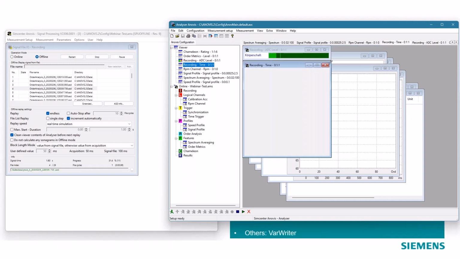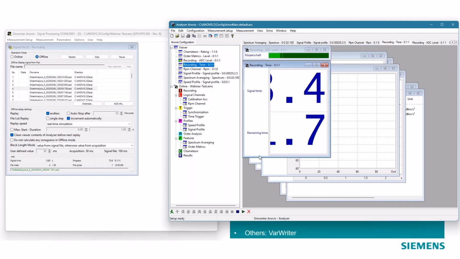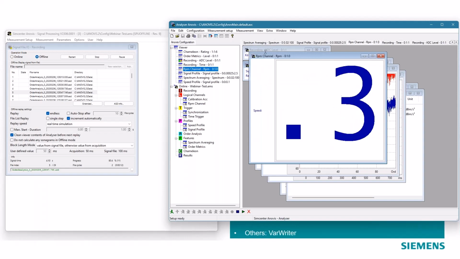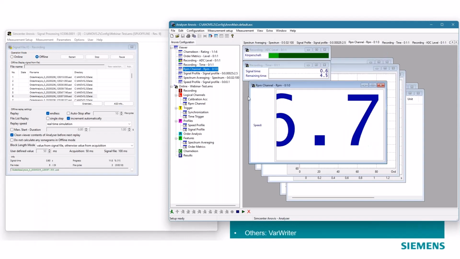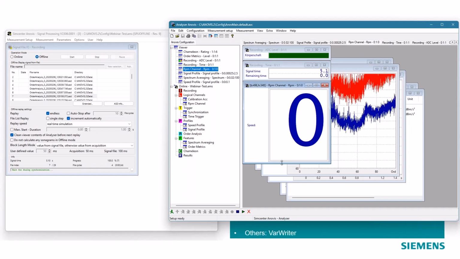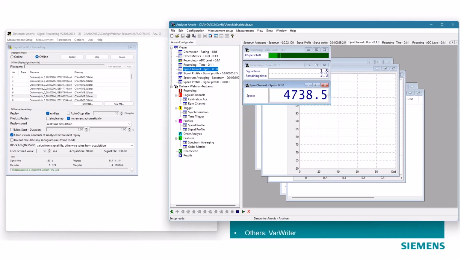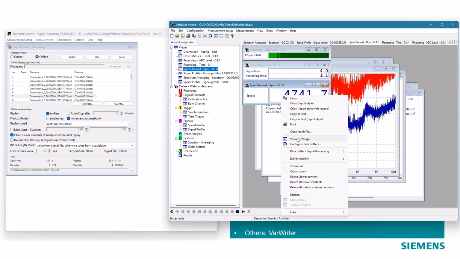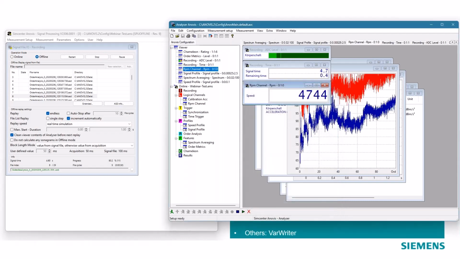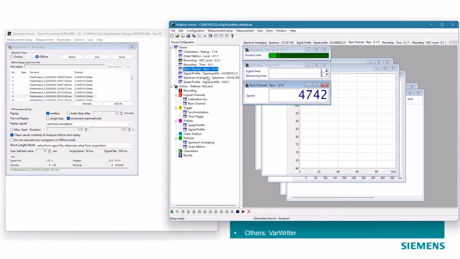show the recording time below this graph in that way. Then the online RPM can be shown here. Also put a window here, and now I see there's a digit behind the dot, which makes no sense for an RPM. It's much too precise. I can define how the RPM should look here.